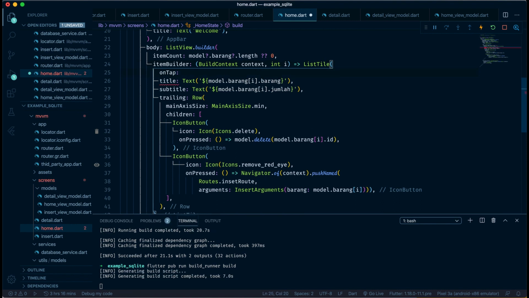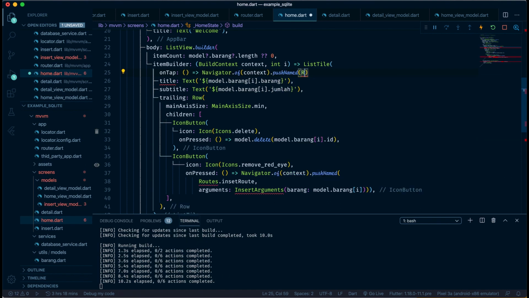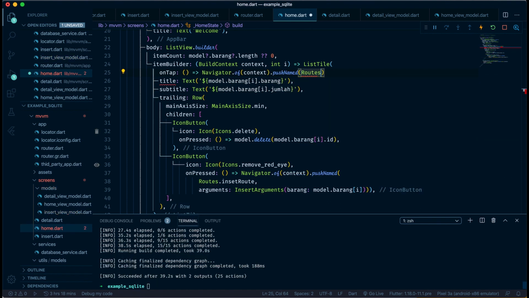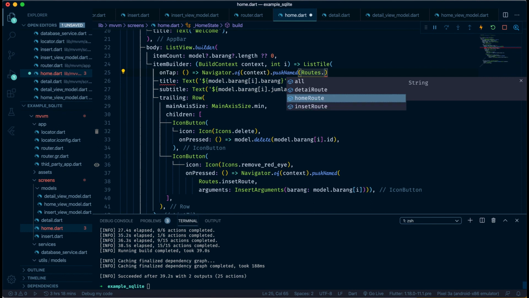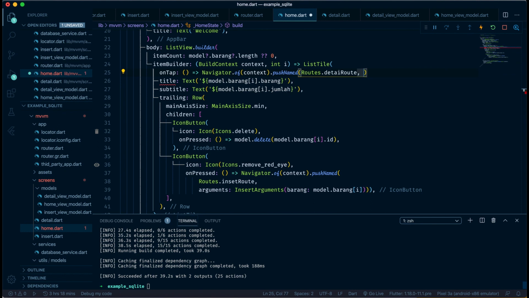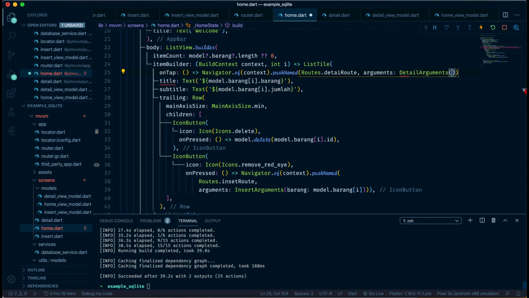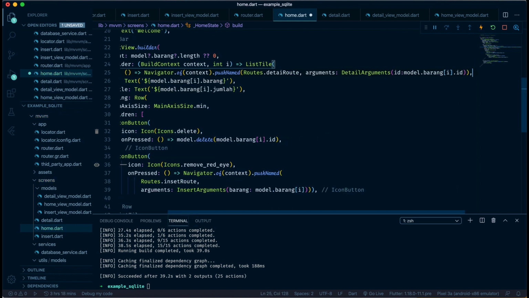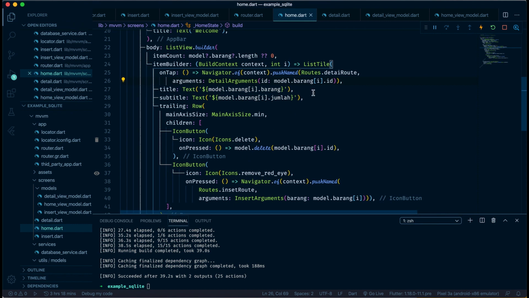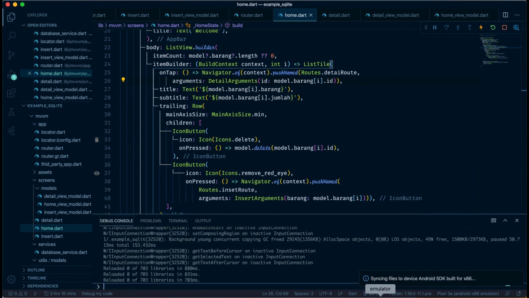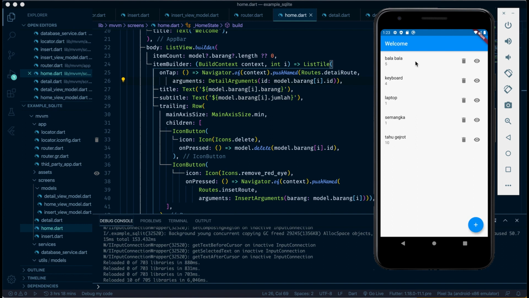I will call Navigator.of(context).pushNamed to route, and okay, just call routes is detailRoute, and this is argument with ID, so just call this is detail arguments. ID is just copy this and paste here. Okay, don't forget the comma, something like this. Just save, and we will see the detail of this list, something like this.